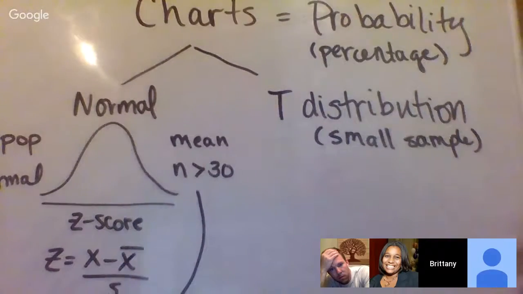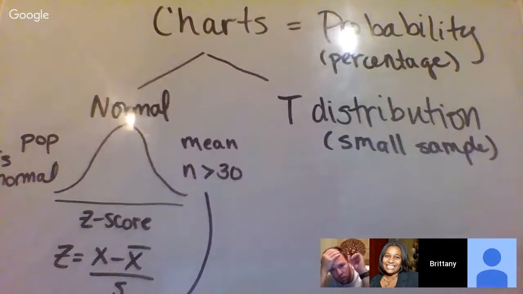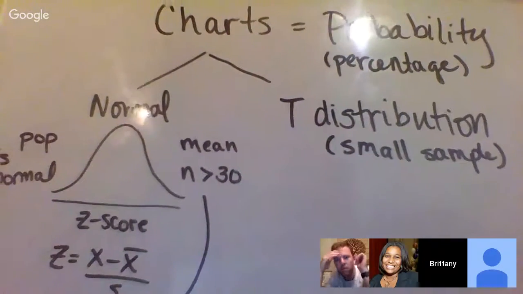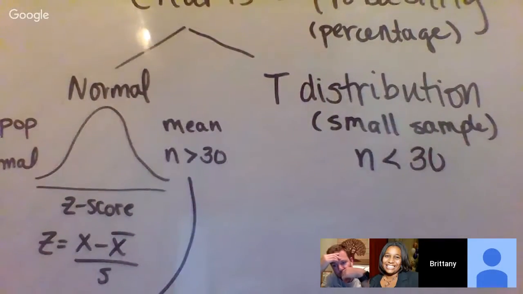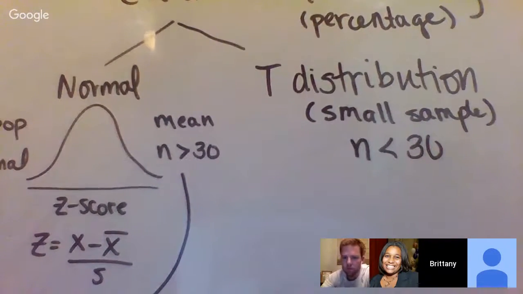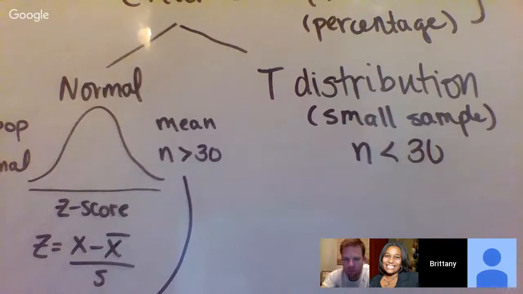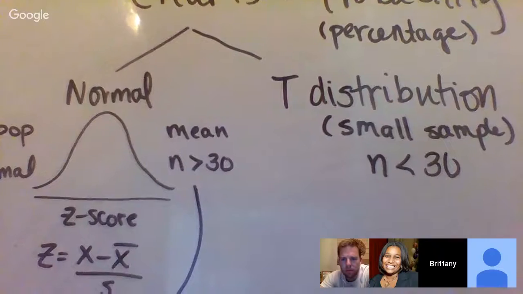So we use the T distribution if we've got a sample less than 30. That second chart that has T up at the top is used for small samples. The charts work the same though,